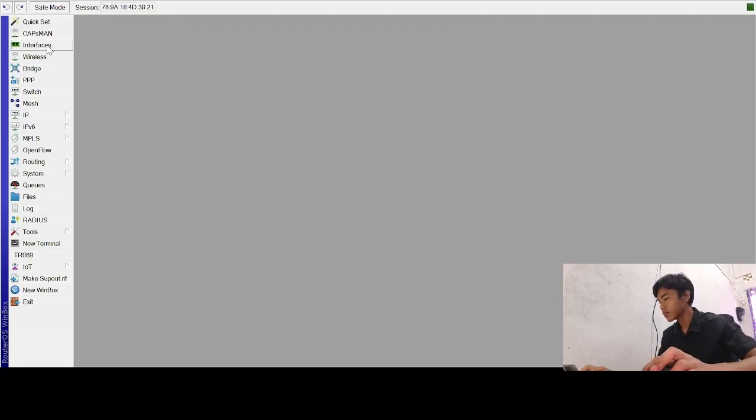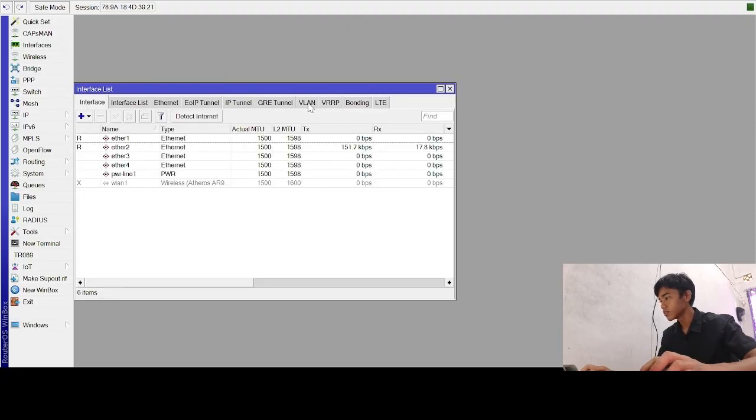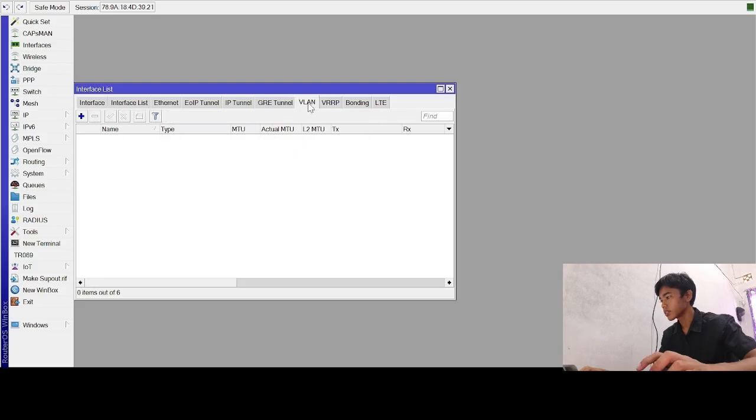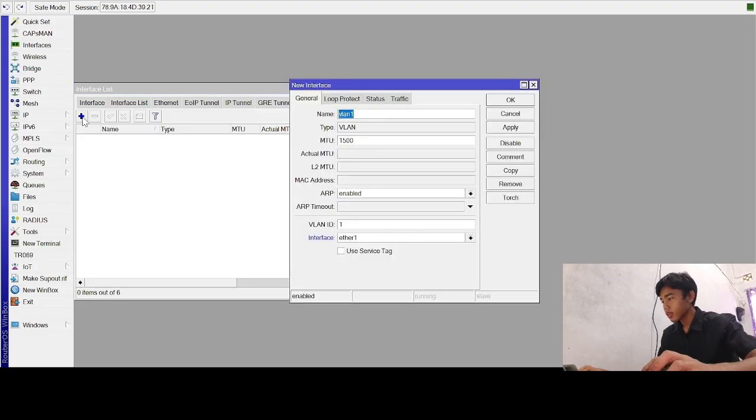Go to the interface menu, select the VLAN tab, then click add.